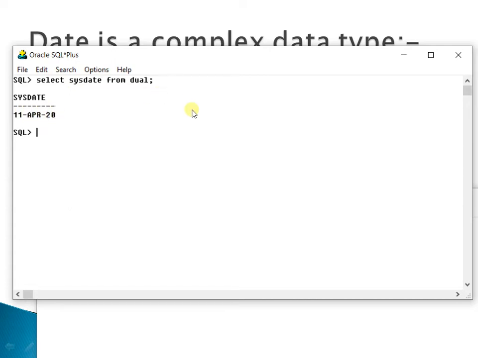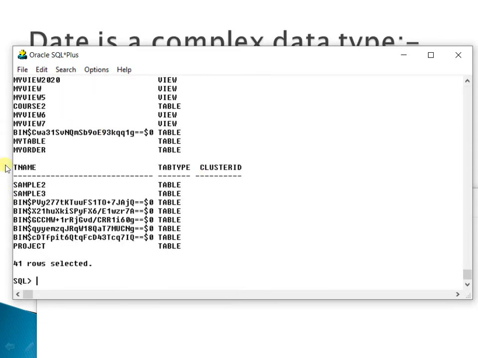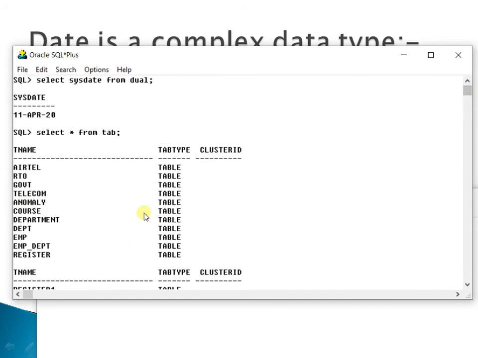As you might be aware, dual is a very interesting table. It is a dummy table. By dummy, it means that you will never see it in the list of tables. Suppose you type select star from tab. You see the number of tables, but in these tables you will never find a table called dual.